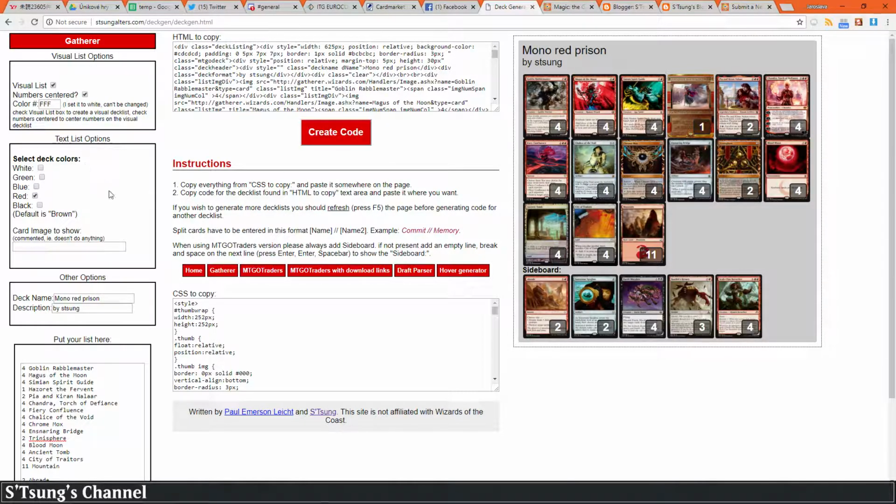The number centered means that it should, in theory, center the numbers. But this doesn't do anything. So that's about the online deck generator. The offline version